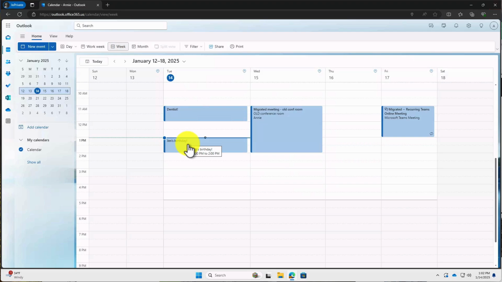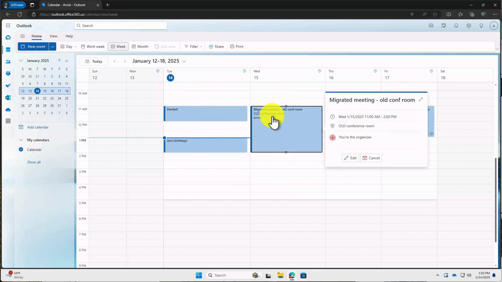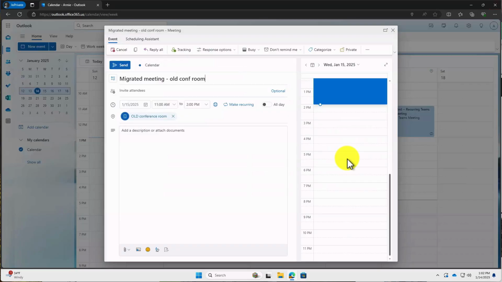However, items in which you booked a conference room or created a Teams online meeting link need to be adjusted. For example, notice I have a migrated meeting here that's pointing at what's called the old conference room. This is a conference room that I had booked in the old system. If I edit this, what I want to do is to X out of the old conference room, and I want to rebook the new